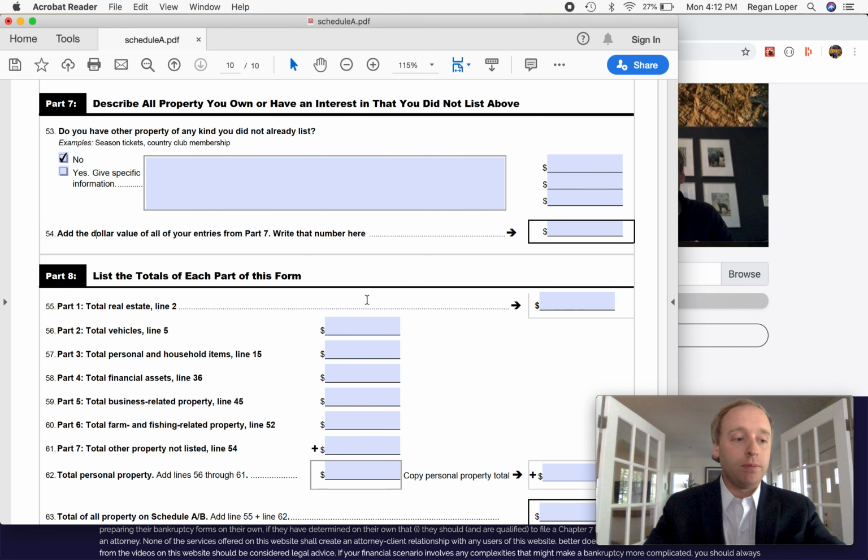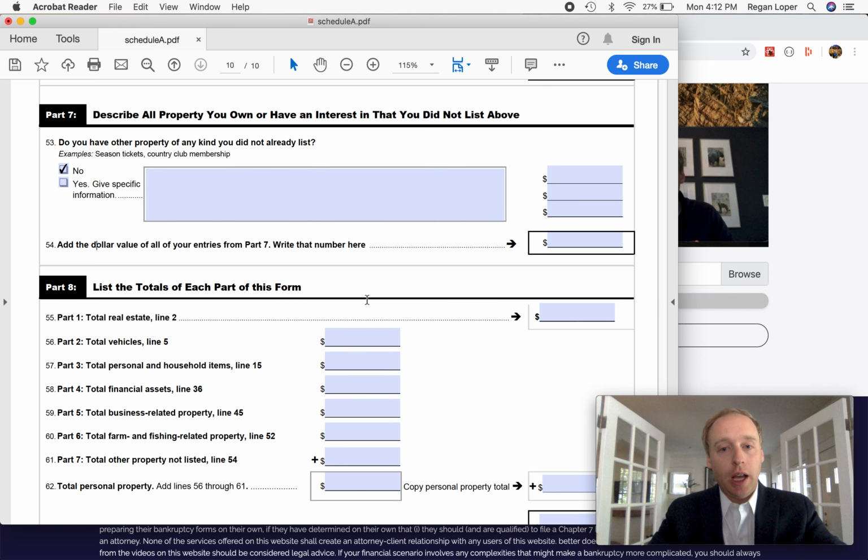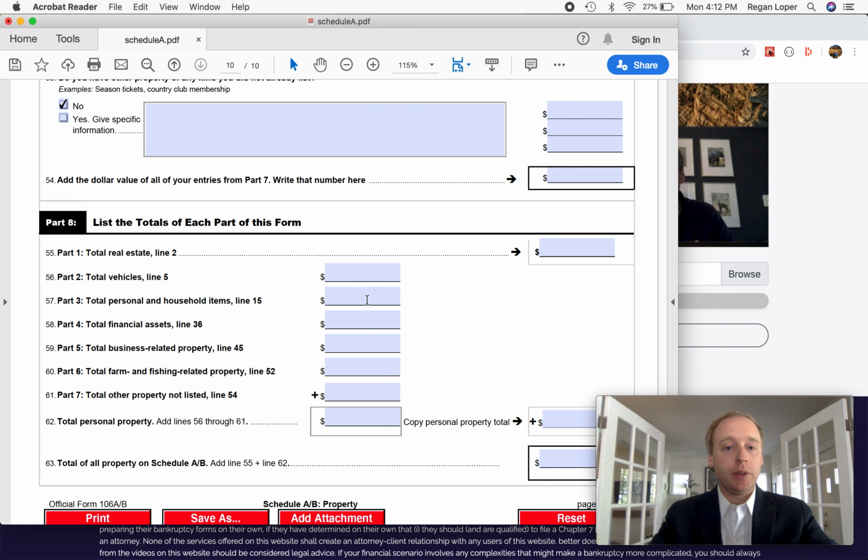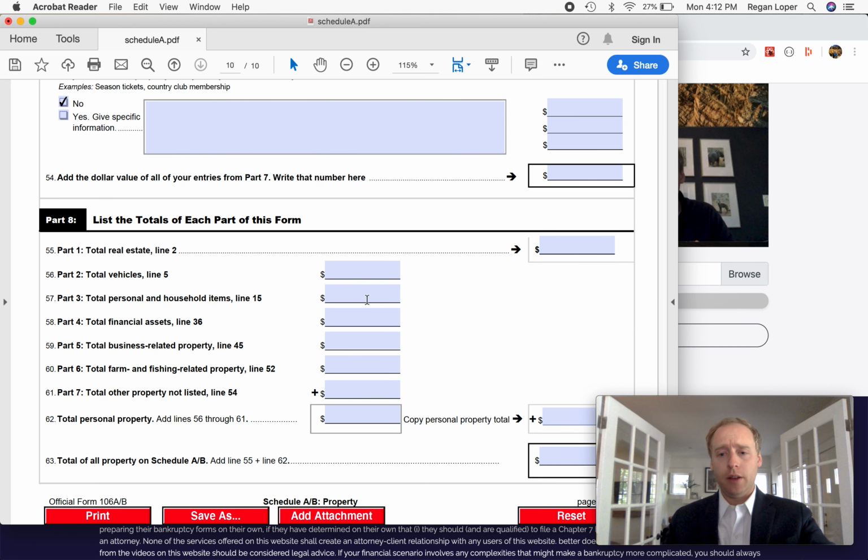Okay, so we finished up through Part 7, and we've got a full picture of what Ashley owns here. And so at Part 8, it just says, basically, tell us what everything is worth. That's what we're interested in. So let's fill that in as Ashley did. Ashley said, I have $0 in real estate, like I've listed above. I've got one car, and that's worth